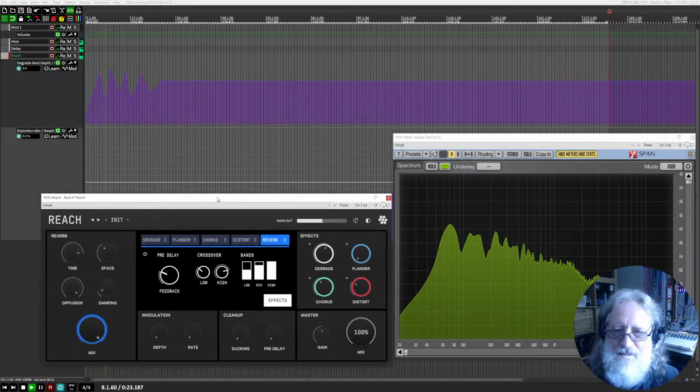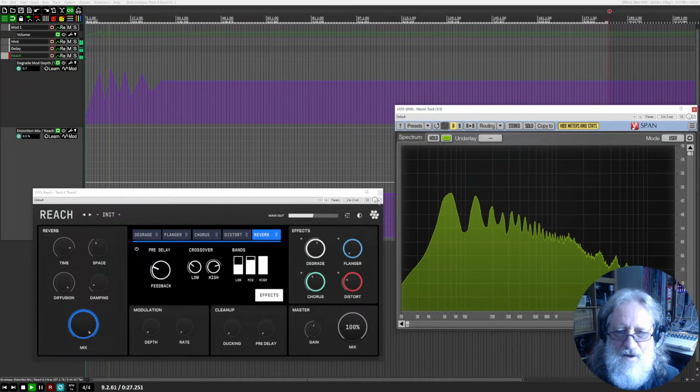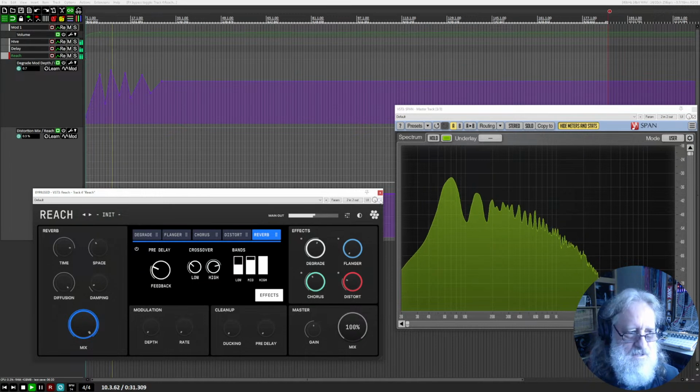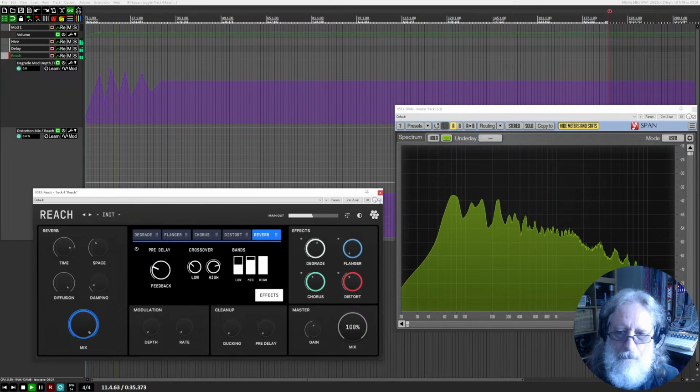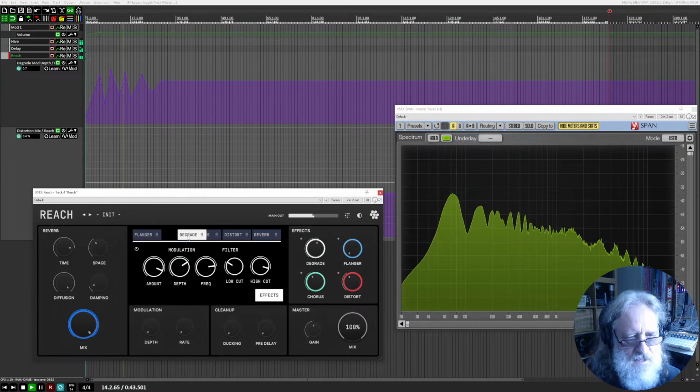So just look at that span there. With it off, that's nothing at all. That's with Reach. So yeah, maybe probably put Degrade up here. It'd be a toss up between